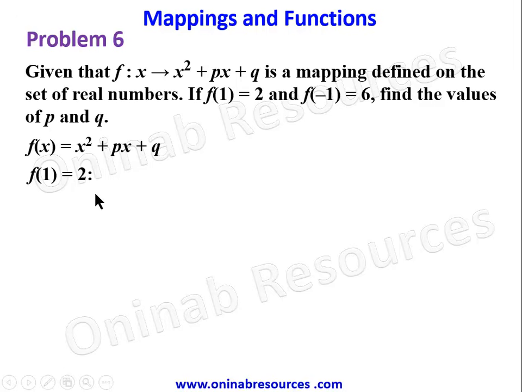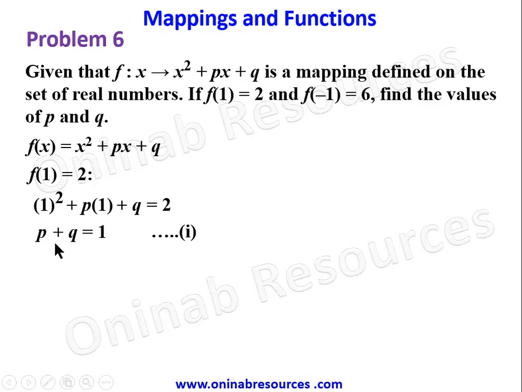If f of 1 is equal to 2, now we have 1 squared plus p into 1 plus q, then it's equal to 2. If we take this to the other side, it becomes 2 minus 1, which will give us 1. P times 1 will give us p plus q is equal to 1. So we can call this equation 1 and use the other information to create the second equation and solve